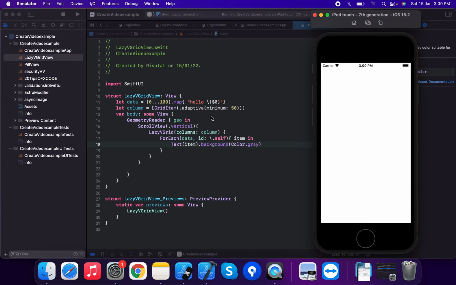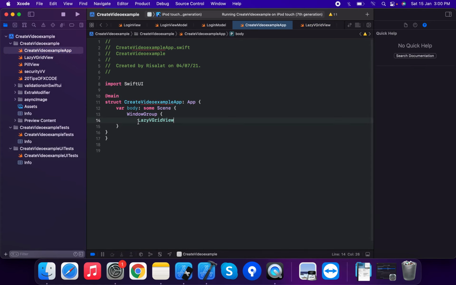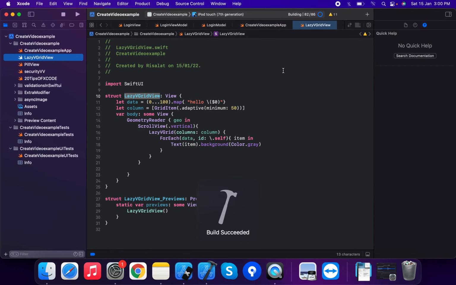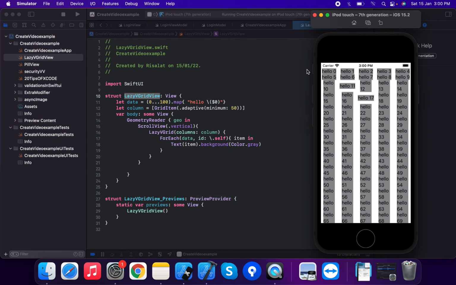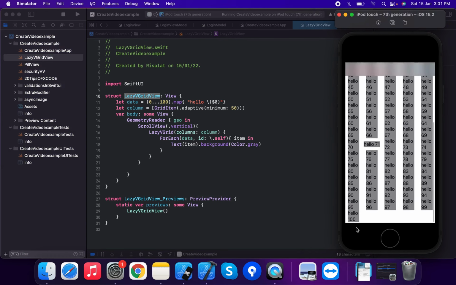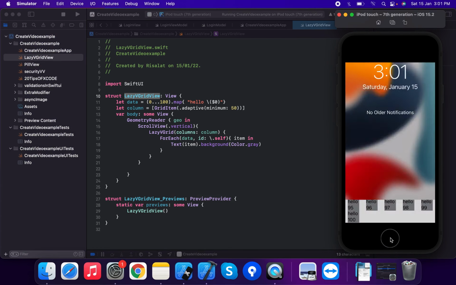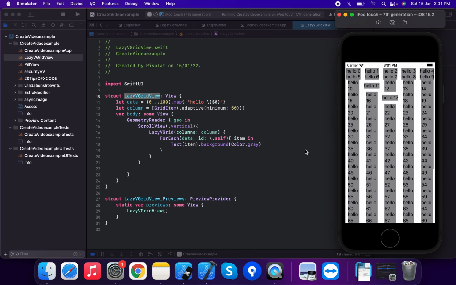Now we're going to run this application. This is a vertical grid, so we are not applying spacing here. Suppose we apply spacing.